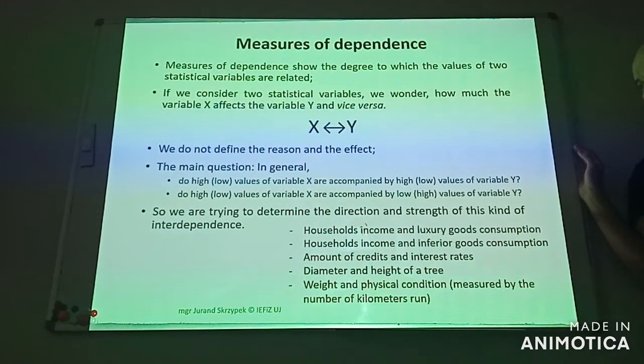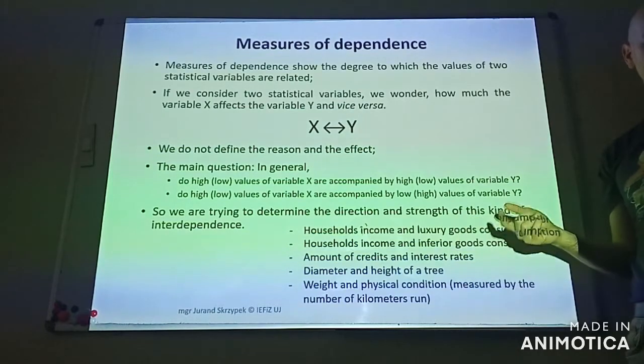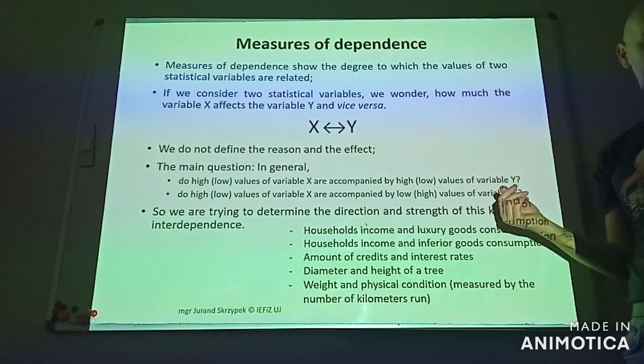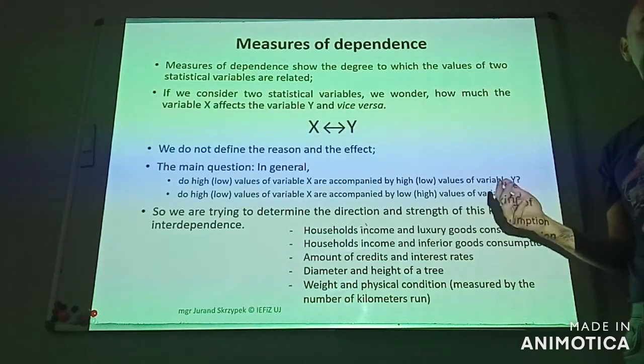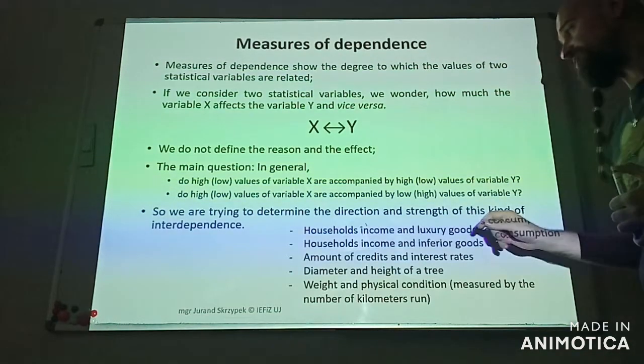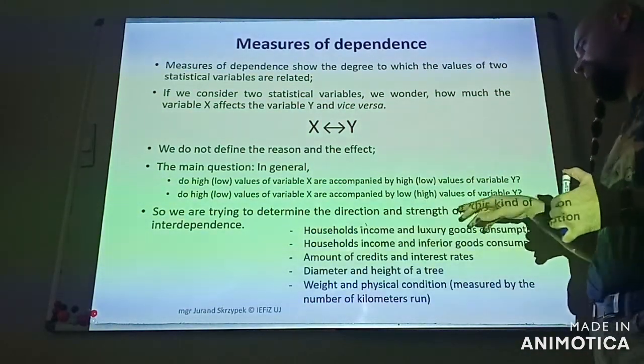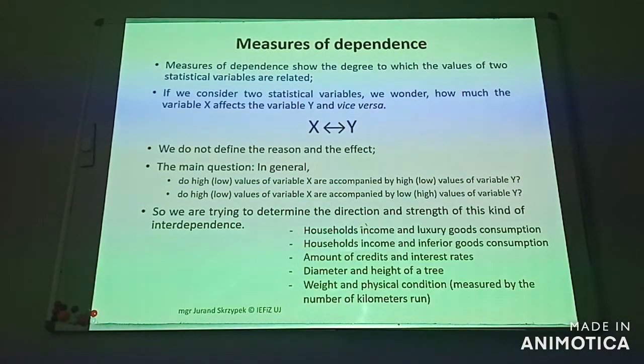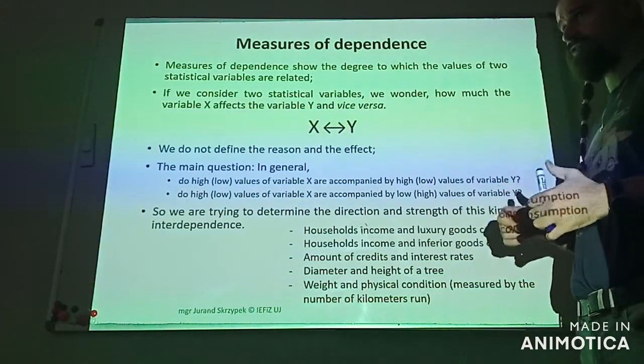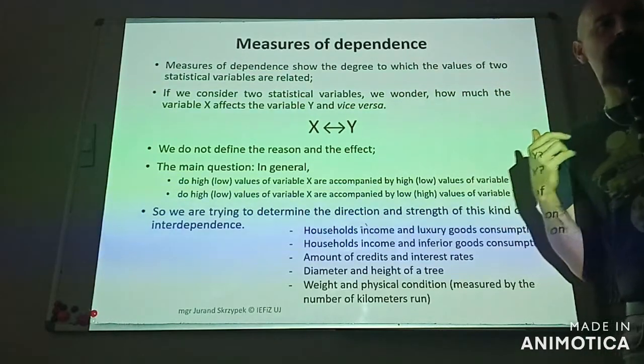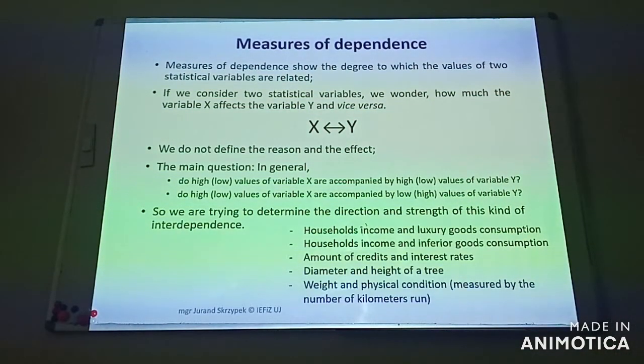Here we have the example of possible interrelationships between the pairs of the variables in the statistical procedure. First of all, we want to answer the question, is there any interrelationship between the values of both variables? And if there exists an interrelationship, the next step is to determine the direction and the strength of this kind of interdependence. Alright, but at the beginning stage, I want to visualize the problem using a simple graph